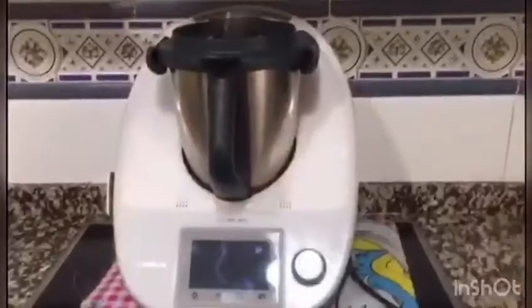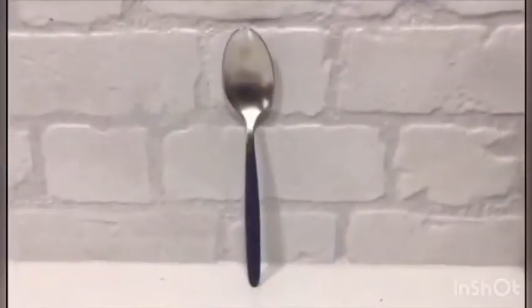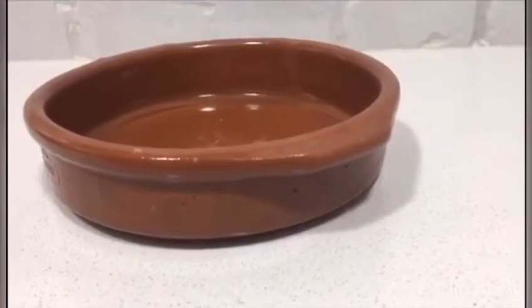Today I will teach you to make rice with milk with the Thermomix. Let's go! The tools we will need to make the dessert are the Thermomix, a spoon, and small recipients to add